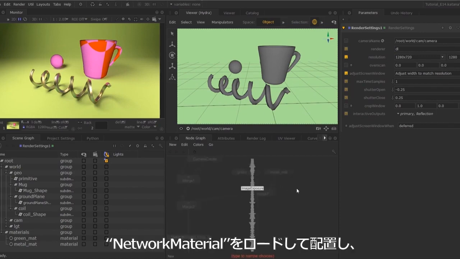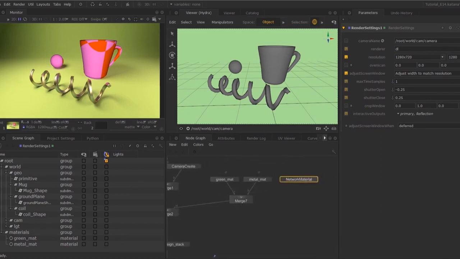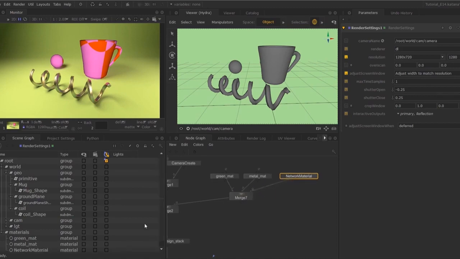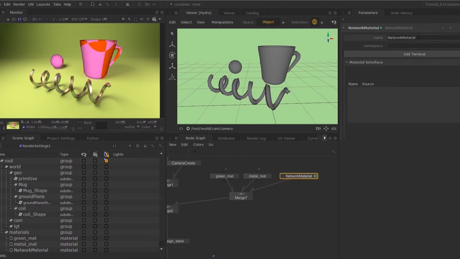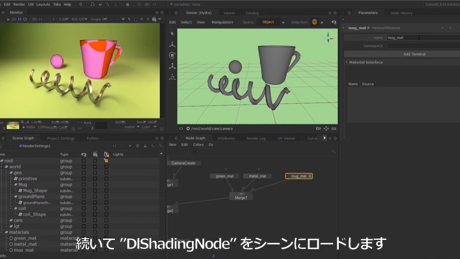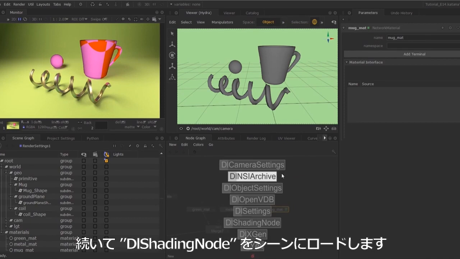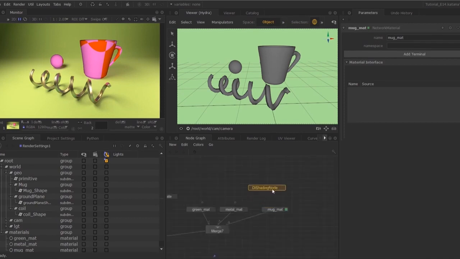So I'm going to hit tab, type network material, place this and merge it with the rest of my materials. This will create a new material called network material, so I'm just going to rename this and call this mug_mat. I'm then going to create a DL shading node, so I hit tab and DL shading node,